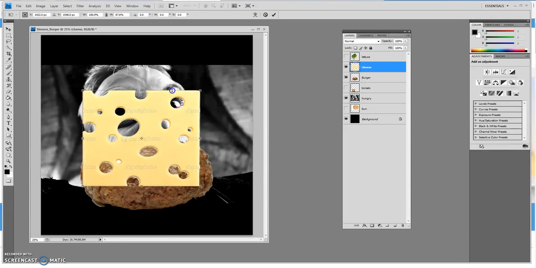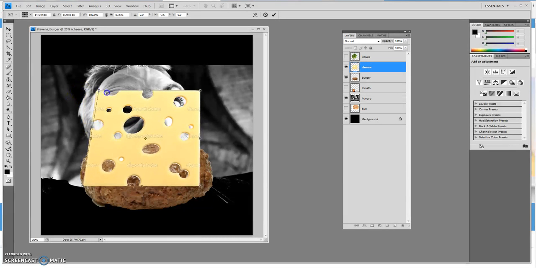But I want more than that. I want even more detail. I want even more perspective. So I'm going to right click. And all these options are going to pop up. Now you could do perspective. You could do warp. But I'm going to recommend skew for this. It's probably the easiest. And what skew will allow you to do is